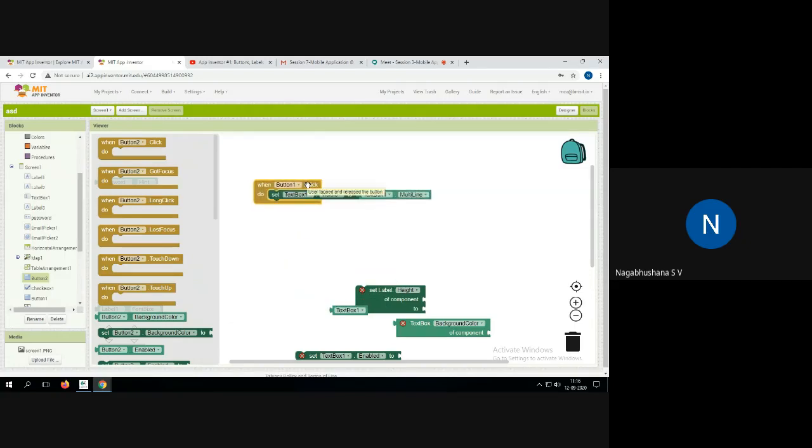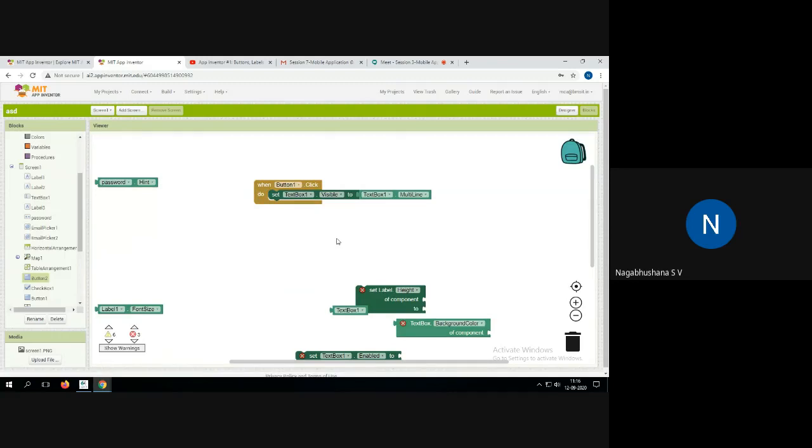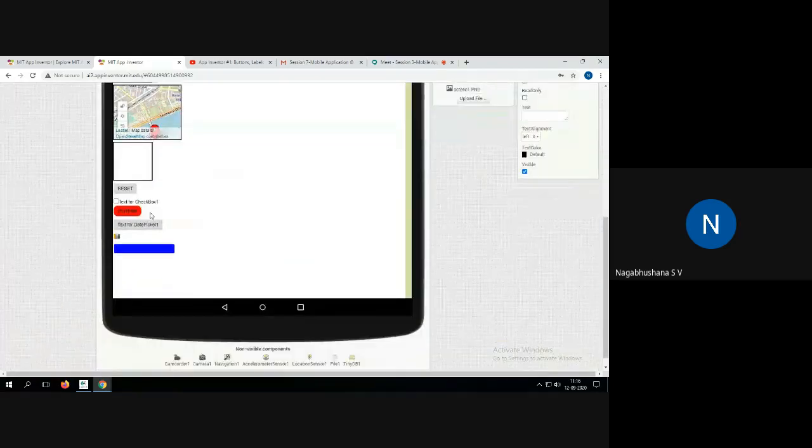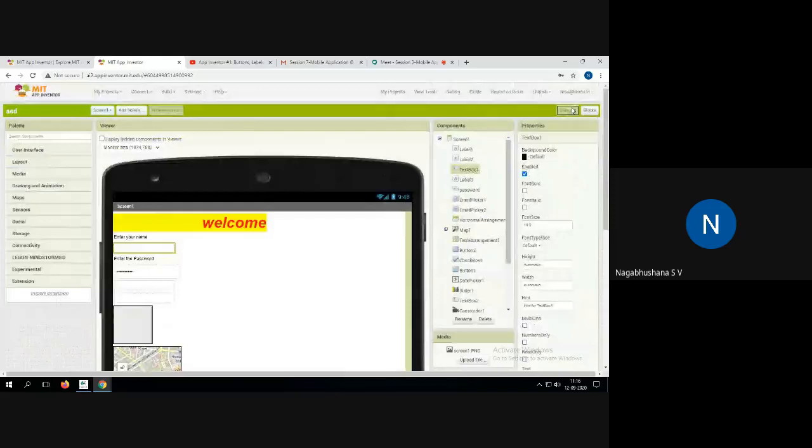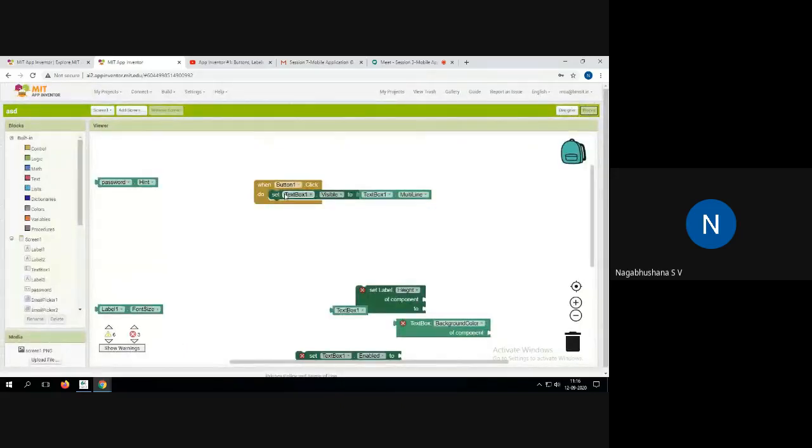You can see here, when I am clicking on button one, I had showcased this designer. I had a button here. What should happen when I click on button 1? When I click on button 1, set text box 1, I have got one text box, so I should make it visible.